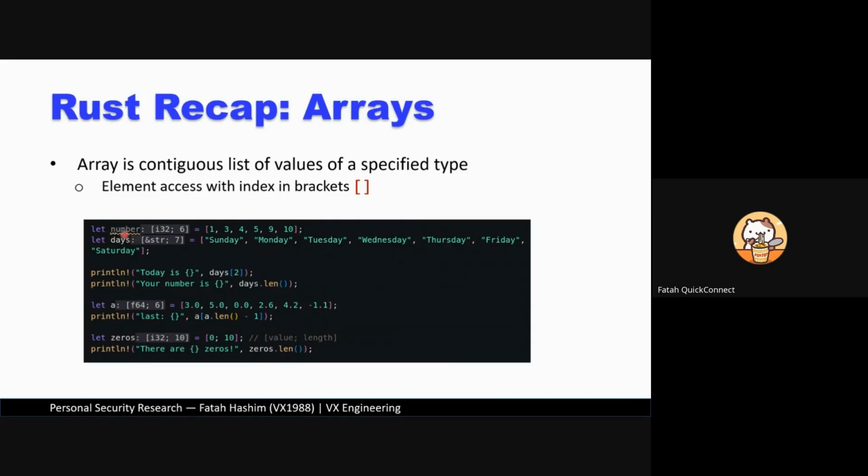Okay. Variable, immutable, i32, and here it has six elements. And same goes here: immutable strings, seven elements, and here's the value of the array. All right, and println, new. Okay, this is a macro. You can see the exclamation mark. All right, and today is